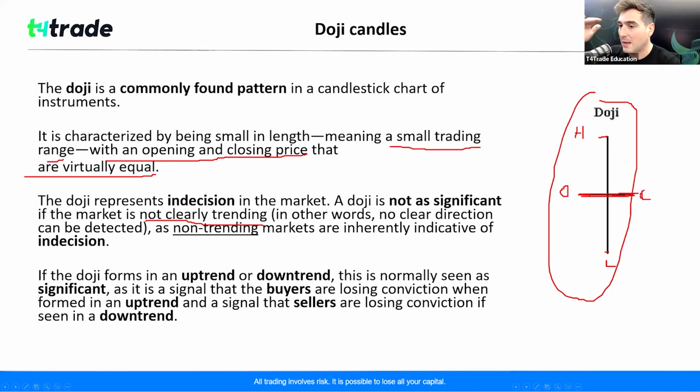So at the end of bottoming or tops, if you find dojis, they are super important because they convey this information: the bulls and the bears have found equilibrium, and therefore from there onwards we might possibly see a reversal. So if, for example, they are moving to lower ground and you find a doji candle at the bottom of the price action,